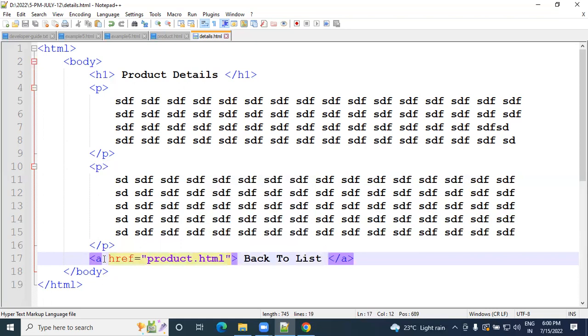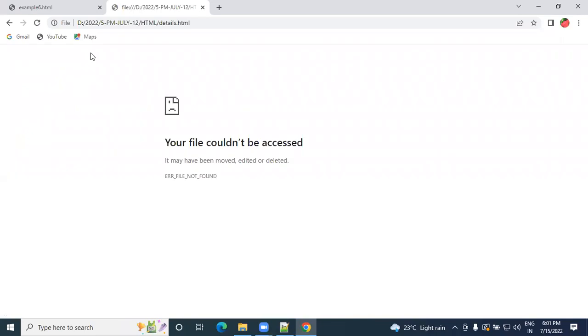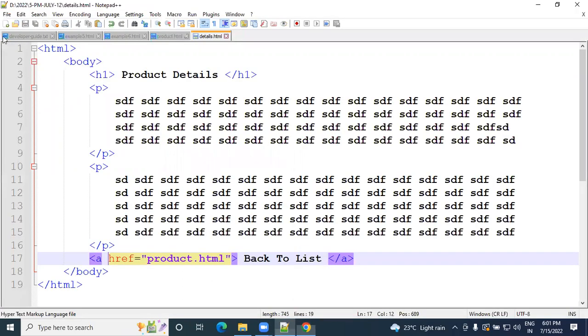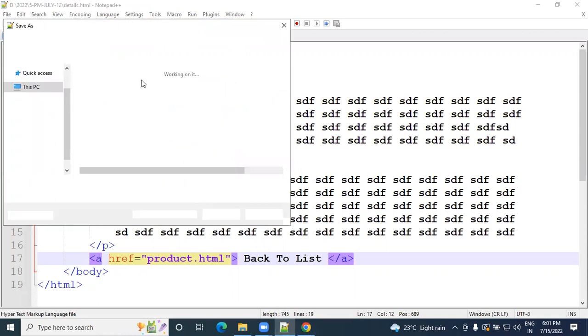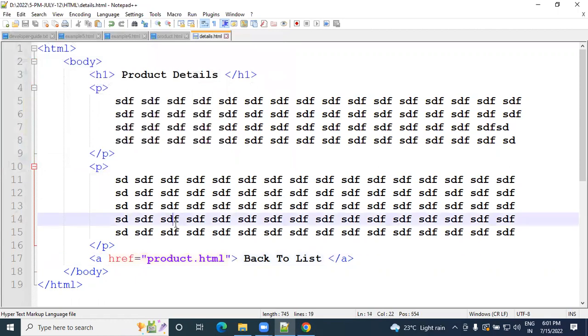Run the page. Click on more details. It will go to the details page. Oh, what is the file name I have given? Okay. The problem is I have saved in a different folder. I should save in the same folder, HTML folder. Details.html. If I run that,